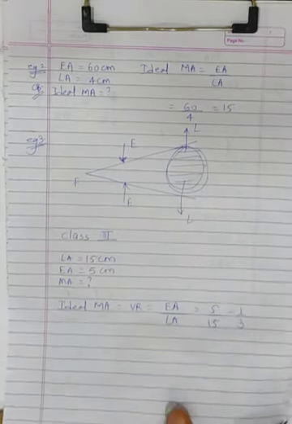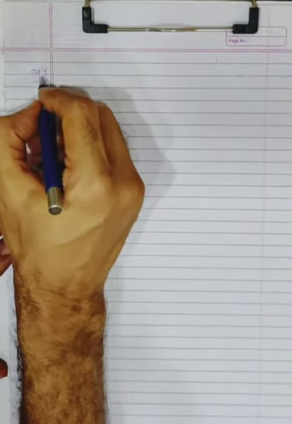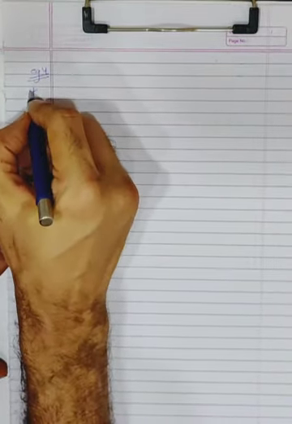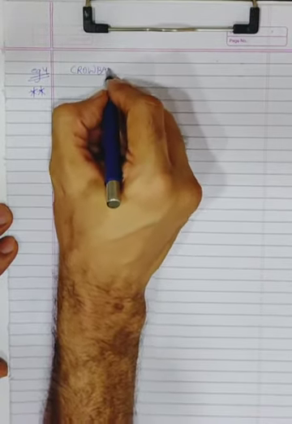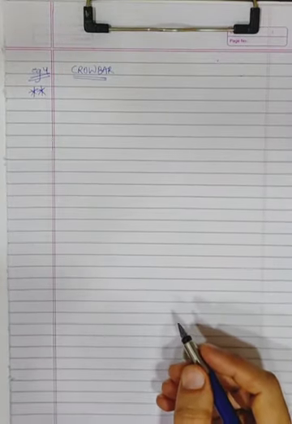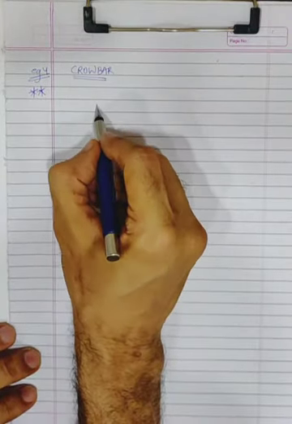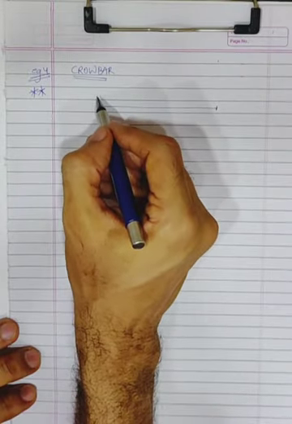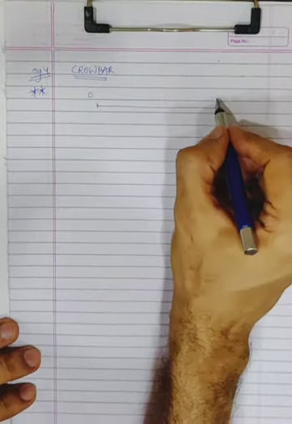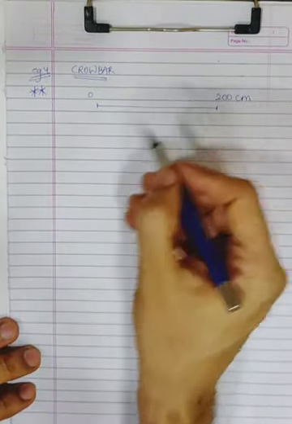Okay. Now next problem, example number 4. Example number 4 is on crowbar. It's a 2-star problem. Now see out here, if you don't know what class of machine a crowbar is, it will be difficult for you to solve. So in this chapter, it's an application chapter, so you have to know what a crowbar is. If you do not know, crowbar is a class 1 lever, correct? So there will be load on one side and fulcrum on one side. It's 2 meter, so it will be 0, and I'll mark this as 200 centimeter.